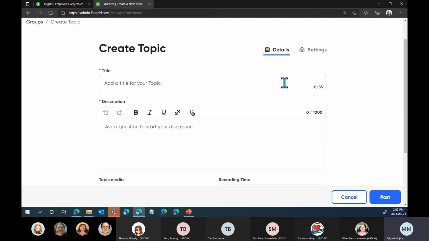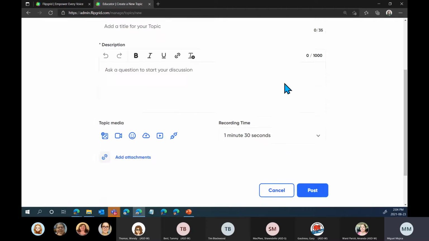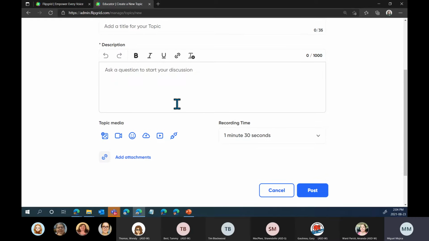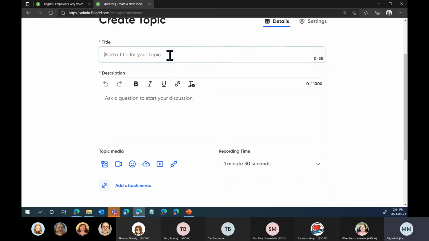This is also where you'll put in restrictions. This is also where you'll say that, hey, I want this specific thing. I want you to check out this attachment that's here, right? All of that would be here. But for now, we're going to add a title for our topic, and to keep it light, what we're going